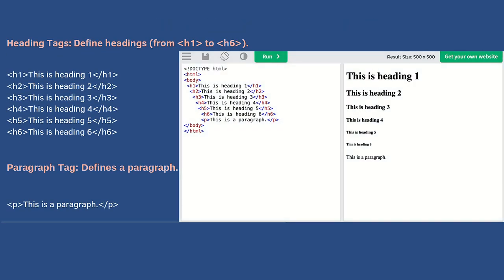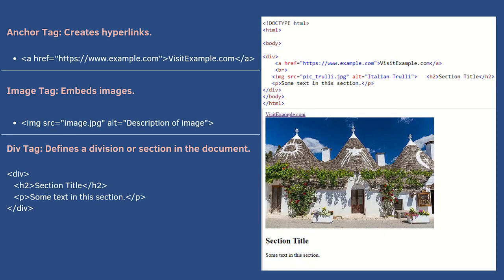Here are some more examples of HTML tags. Heading tags define headings. Then the paragraph tag defines a paragraph. Then an anchor tag. An anchor tag creates hyperlinks. So as you can see in this image, the anchor tag or the a href with this example becomes a link